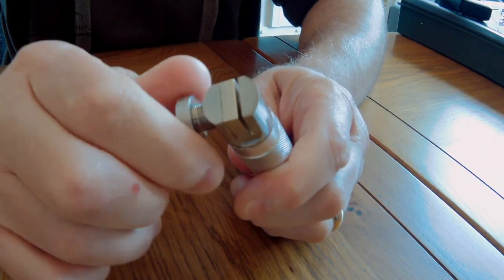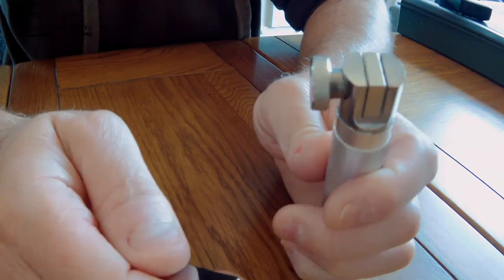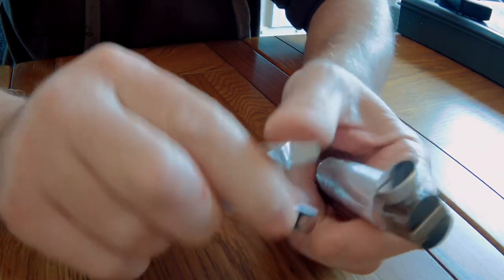Obviously open this screw clamp here, pop in your hook, tighten it up and start sharpening. What I do is, once I've put my hook in there, I use these nail clippers that